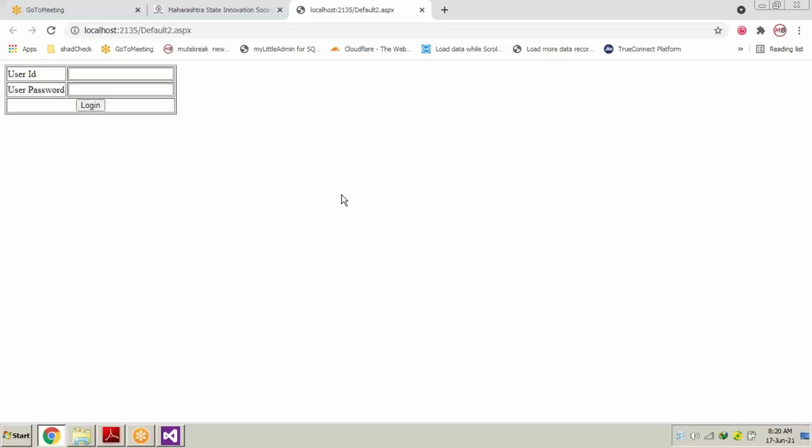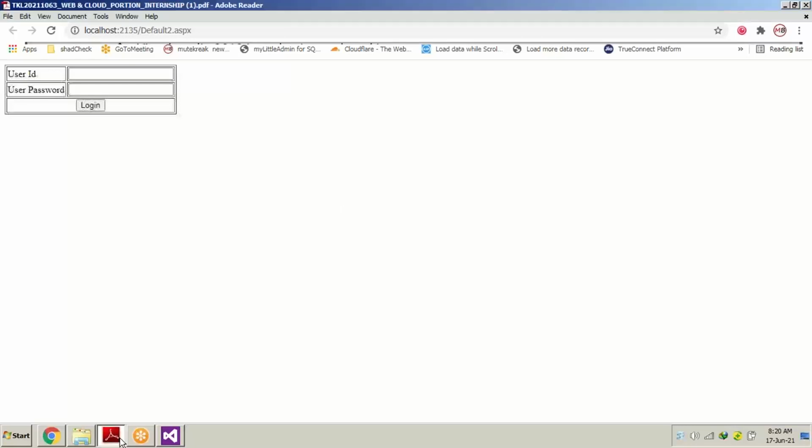When you create a project, that is the designing part. This is the part, the client side code, which is the designing part. You can call it design view also. When you run and check what kind of design, what the output of the designing part will be in your system,